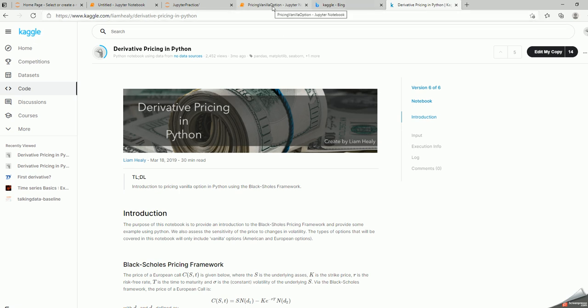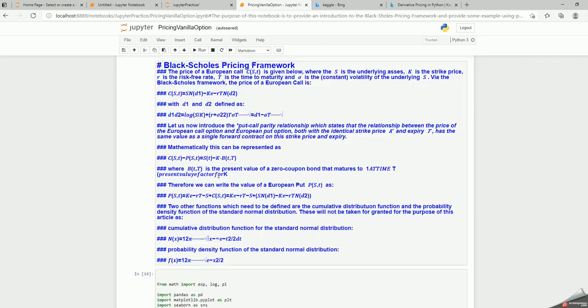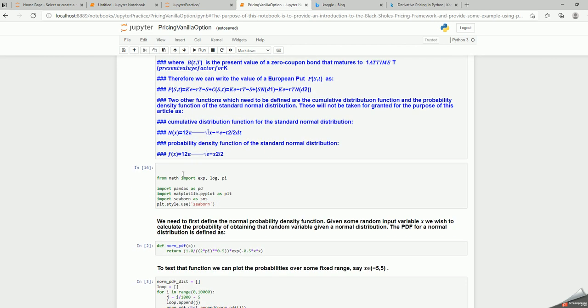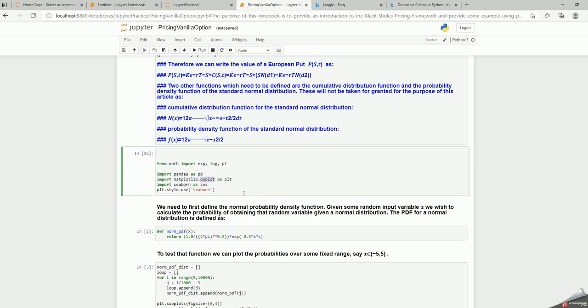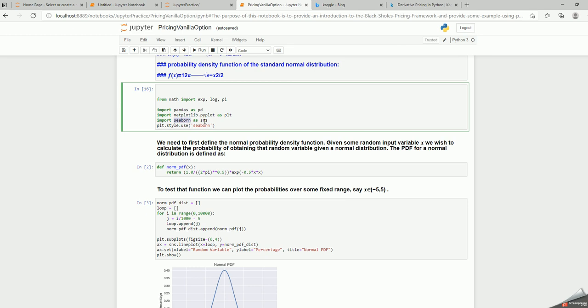So that's about Kaggle. Let's come back to our program. You can read through what it is, but I'll show you how to run some of the parameters. For example, for doing this, I want to use pandas, which is one of the libraries from Python. I also want to use matplotlib for plotting some graphs, and seaborn is another library which is used for plotting graphs.